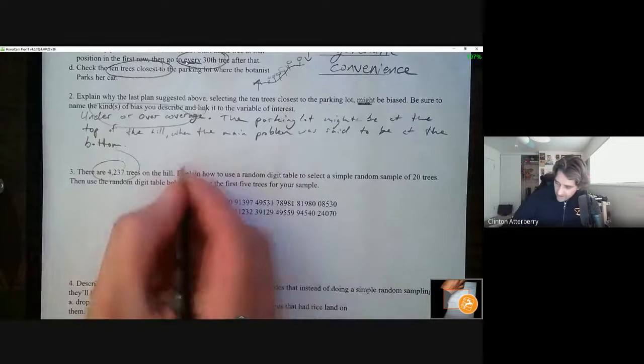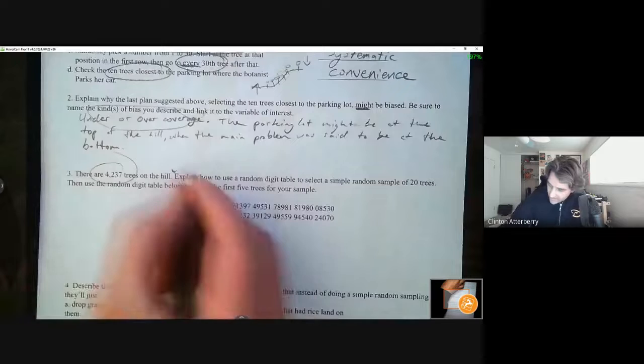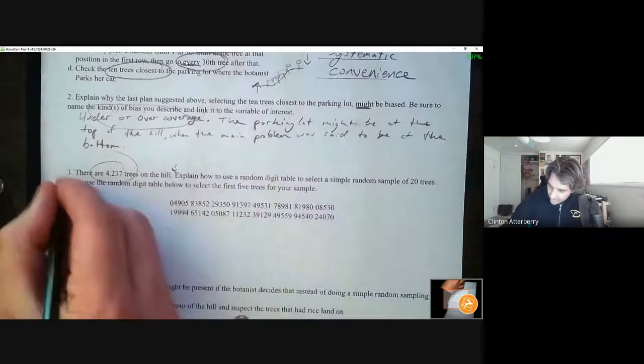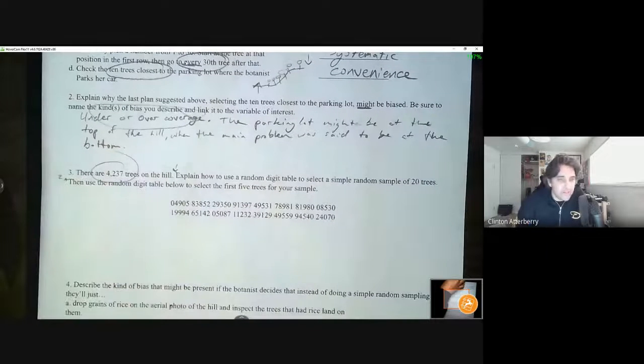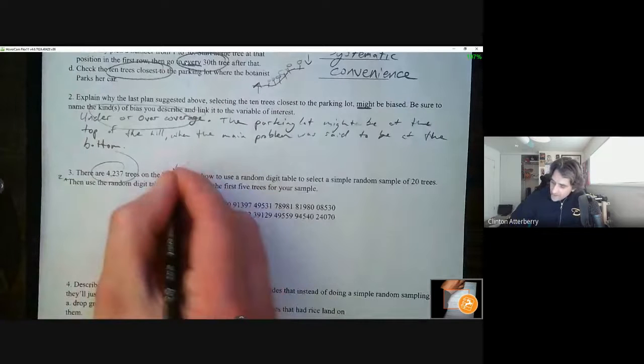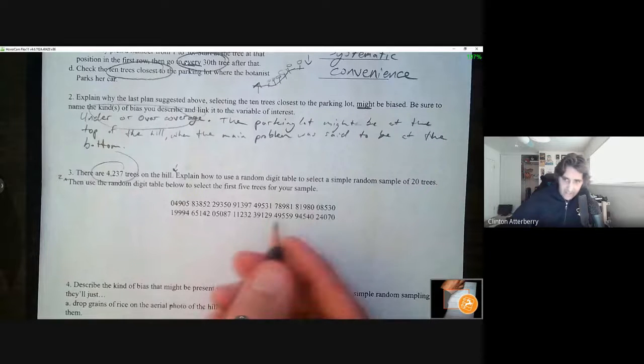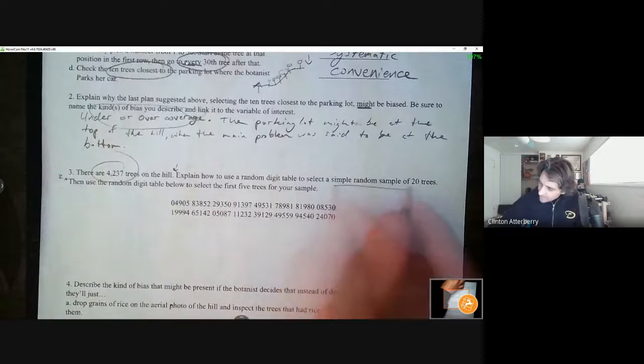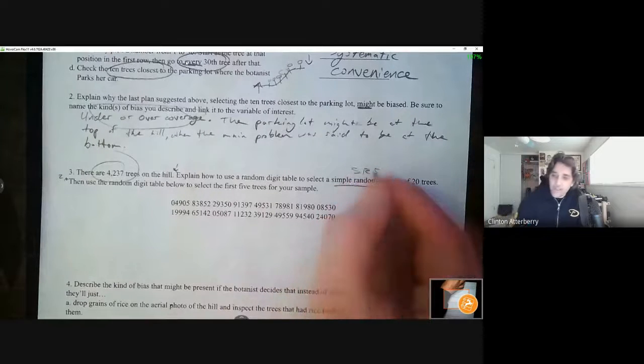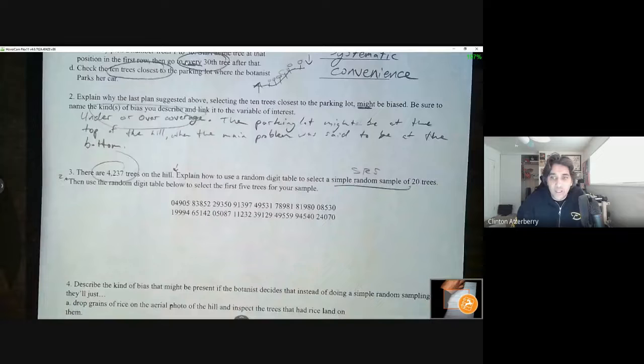There are 2 things going on here. Let's call this number 1, and this, number 2. Thing number 1 says, make a plan. If you're going to select 20 trees at random out of these 4,237 trees, and you want to do it in a simple random sample style, an SRS, simple random sample,